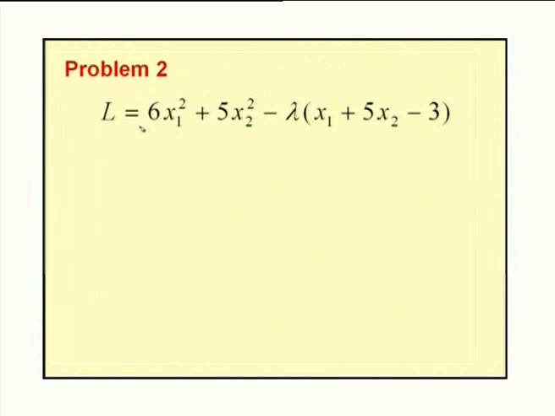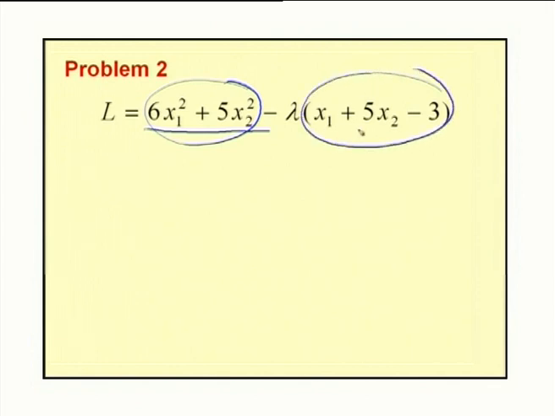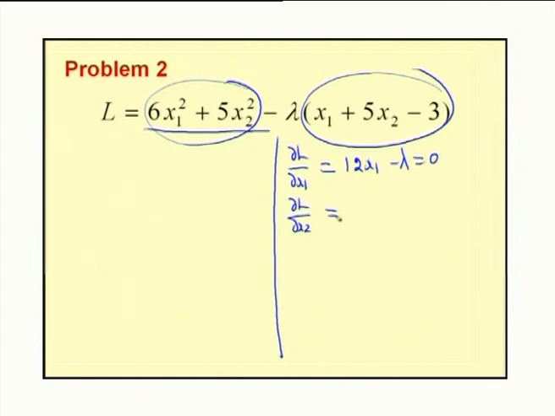construct the Lagrangian function for this problem, which is nothing but L equal to 6 x1 squared plus 5 x2 squared, this is for the function f of x, minus lambda into h of x, which is nothing but x1 plus 5 x2 minus 3. Now, the necessary condition for this given NLPP is dou L by dou x1 equal to 0, which gives us 12 x1 minus lambda equal to 0. And the next condition is dou L by dou x2 equal to 0, which implies